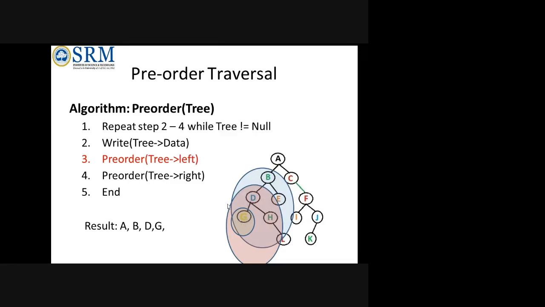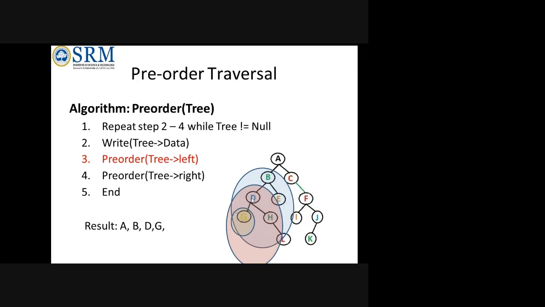This is what is called recursion: a function that calls itself. If you do not know about recursion, you have to learn more about it, because binary tree traversal is about recursion in depth. A is the whole tree, then it comes to B, which again acts as a tree. Again when it comes to D, it will act as a tree. When it comes to G, it will know that it is null, and your algorithm will understand that G has no left and right child.